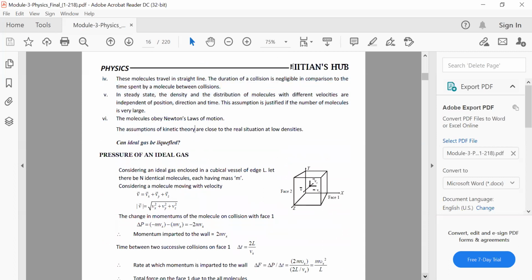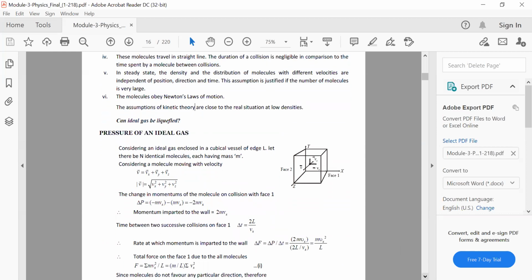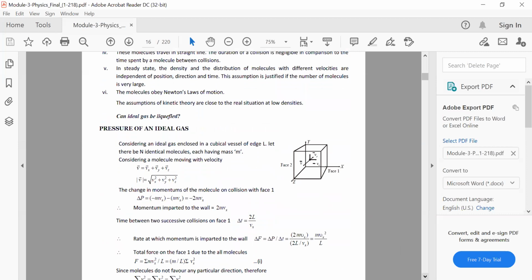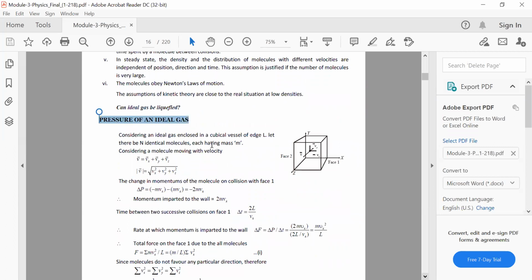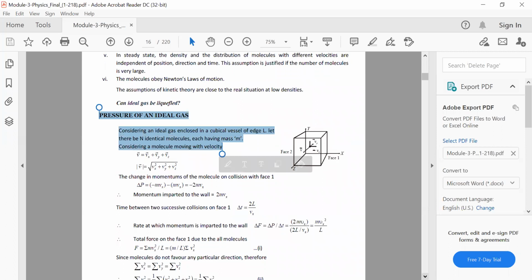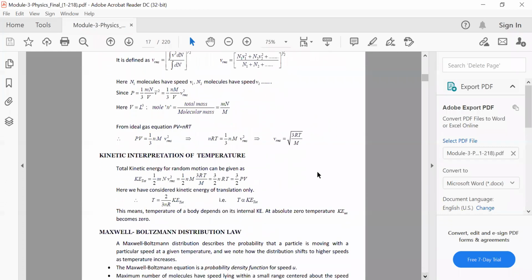Then this derivation also that we had seen, that the pressure of an ideal gas, how it is related to RMS velocity. Actually, we had done the derivation of the RMS velocity in terms of Vx squared average or Vy squared average as Brownian motion first. And then we had come to this. So you can also go through my class notes for a more detailed version of this derivation. The derivation is there in HCV also, in Resnick also. But as I said, ultimately what is important is the formulae. The derivation is for your understanding, but for the application, this is the first important formula: RMS speed in terms of pressure and volume.